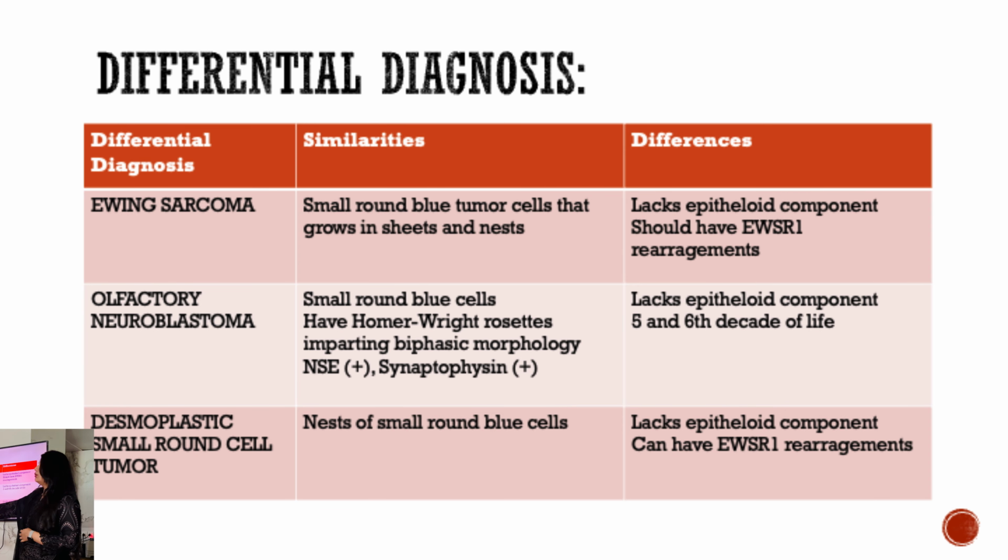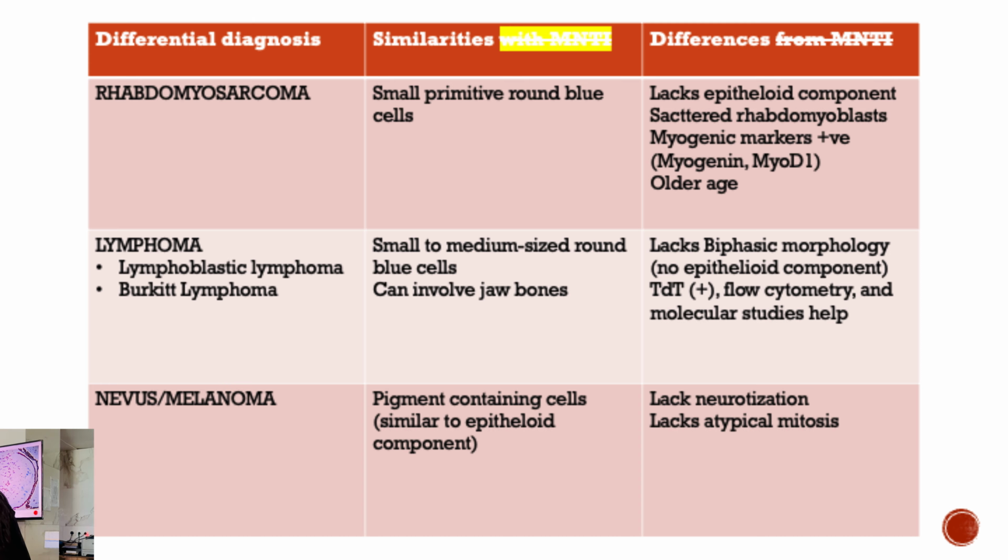Again, on the basis of the small round blue cells, but still it lacks the epithelioid component, and it can have the Ewing sarcoma 1 rearrangements as Ewing sarcoma, but this is how we differentiate it. Rhabdomyosarcoma is also a differential based on the small round blue cells, but it lacks the epithelioid component. In addition to the round blue cells, we do have some scattered rhabdomyoblasts, and we can differentiate it by the stains. It would obviously be positive for the myogenic markers, myogenin and MyoD1,